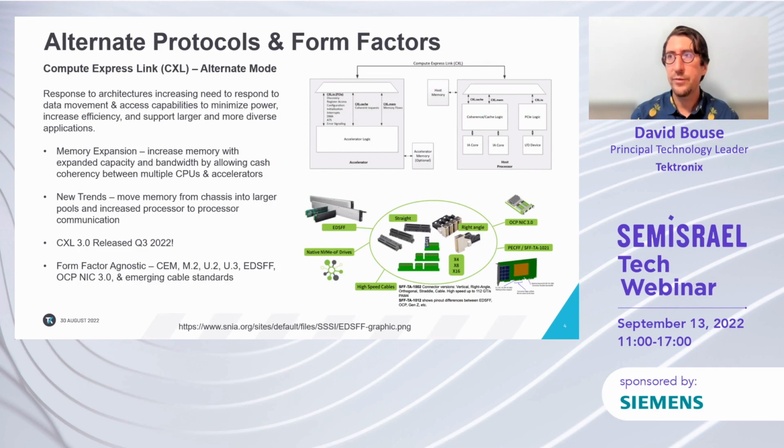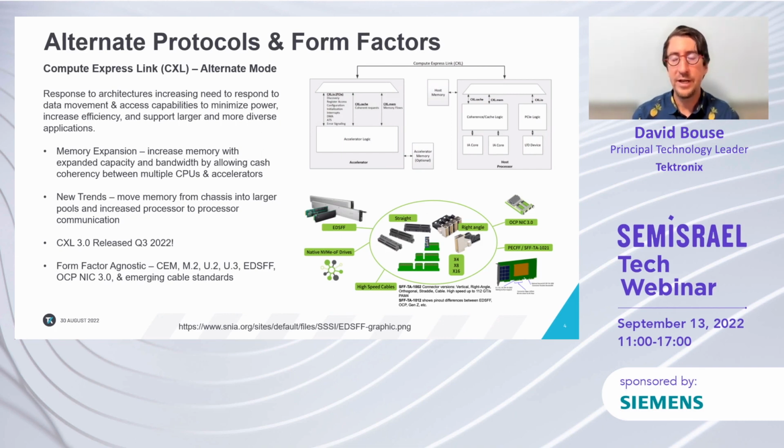So not only have we seen growth in the traditional PCI Express market, but we've also seen alternate protocols starting to be pretty prevalent. And one in particular is Compute Express Link, or CXL. We consider this an alternate mode. So it actually uses the physical layer of the PCI Express specification, but then it introduces a new layer of protocol on top of that